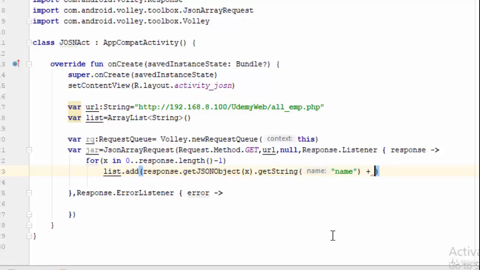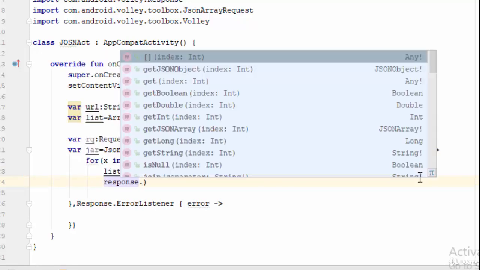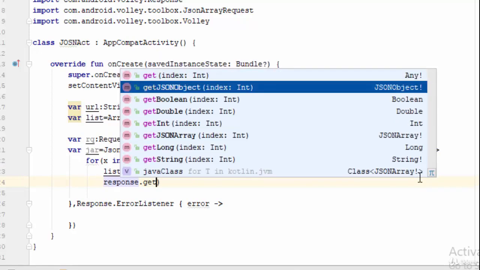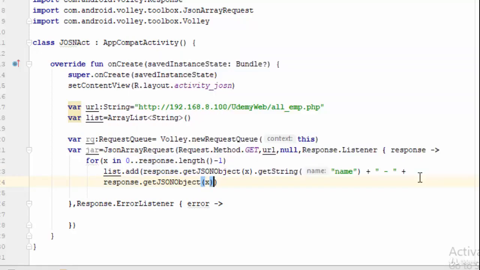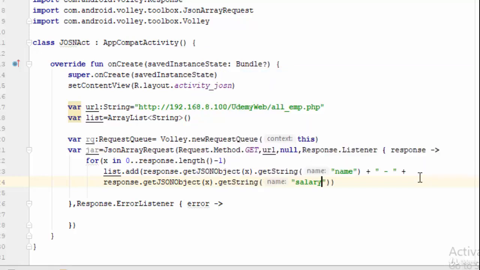Let's add another thing, plus something like a dash, any symbol to separate between the name and the salary, and we are going to add the same thing, which is response dot get JSON object x dot get string salary. This means go to the object and return the name, and here go to the object and return the salary. After all this,